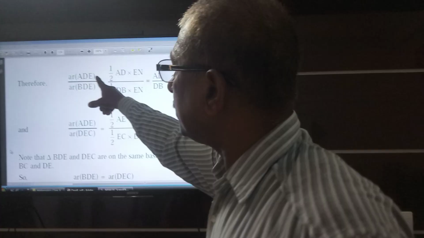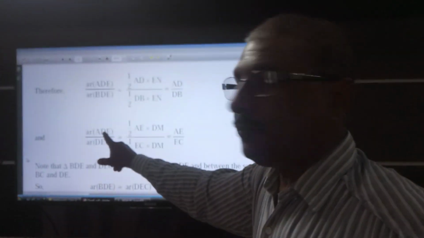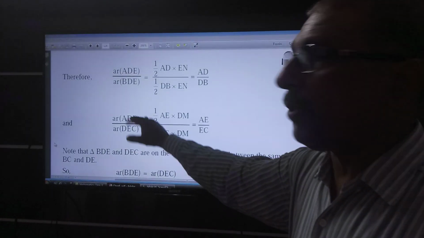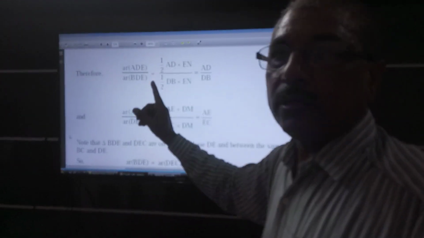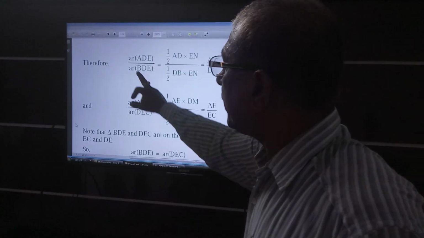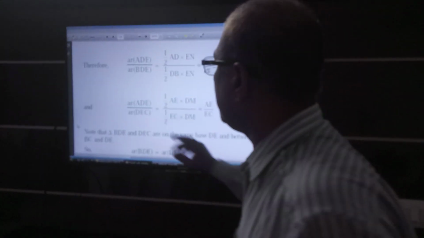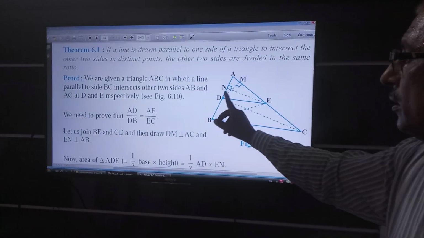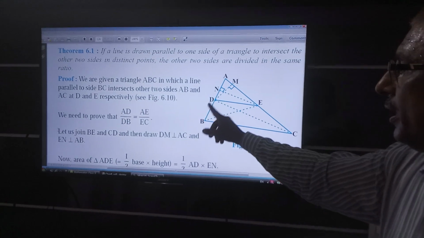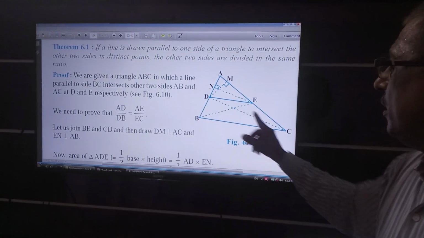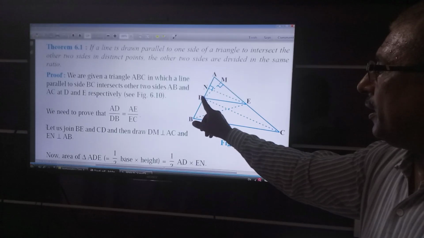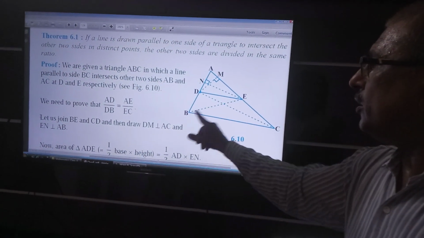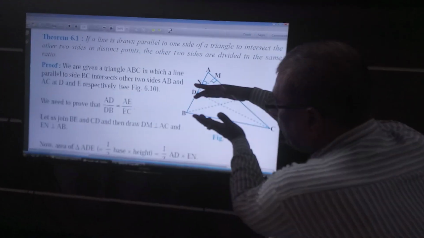Now consider the two triangles. ADE and AD both are the same. In these two ratios, these two triangles have the same area because the same triangle is present there. Now you can see BDE and DEC. See these two triangles, children. What will you get? See triangle DBE and another triangle DEC. In these two triangles, children, these two sides are parallel.